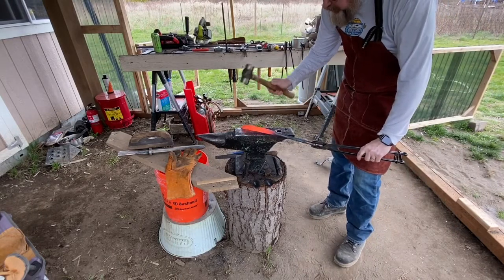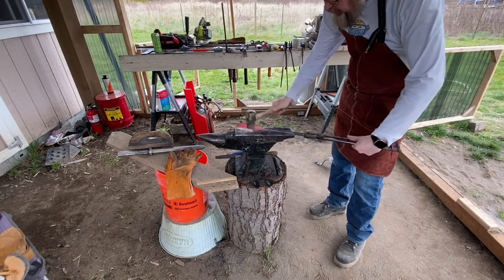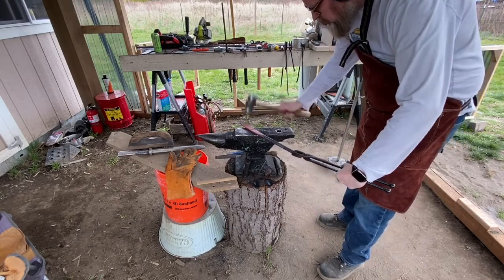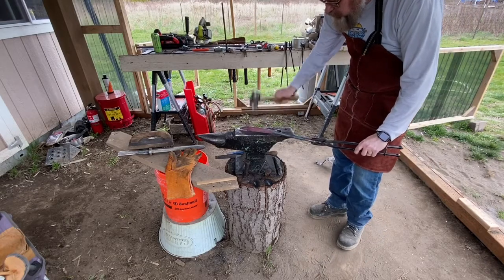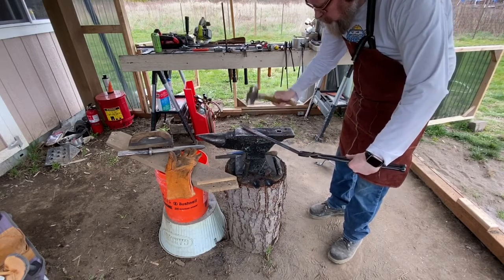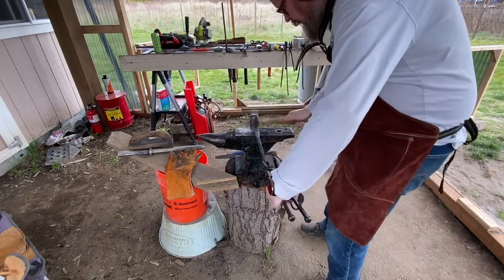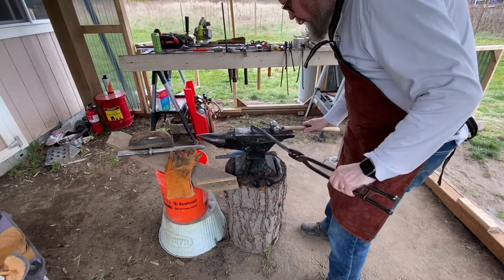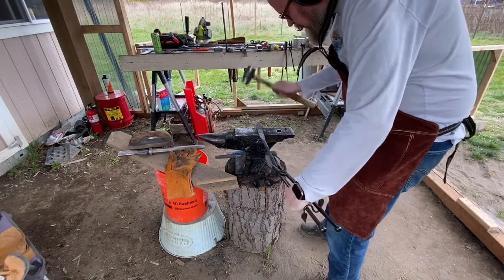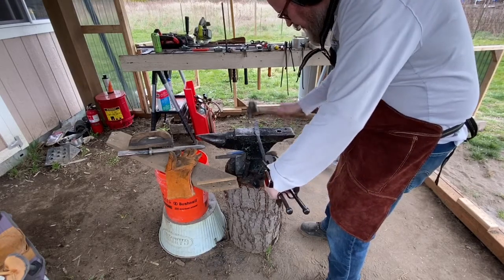Again, as in my previous heats, I had widened the blade a bit and worked on some of the dimensions again. This time it's more of a cleanup heat, getting the bends where they should be, and not any real heavy forging, just more bending and cleanup. But as you can see, those tongs are getting really wonky. I'm having a hard time holding the coil spring dimensions in there. And right about there,